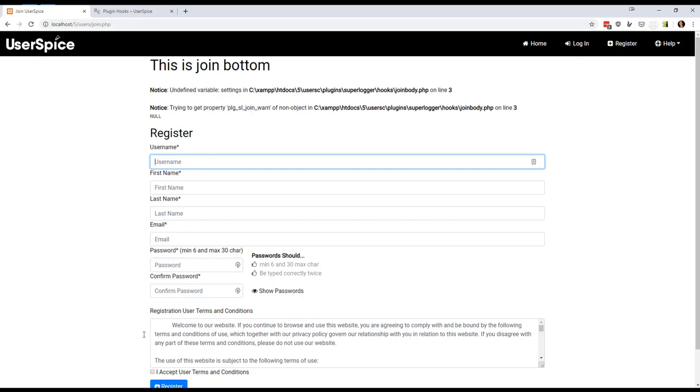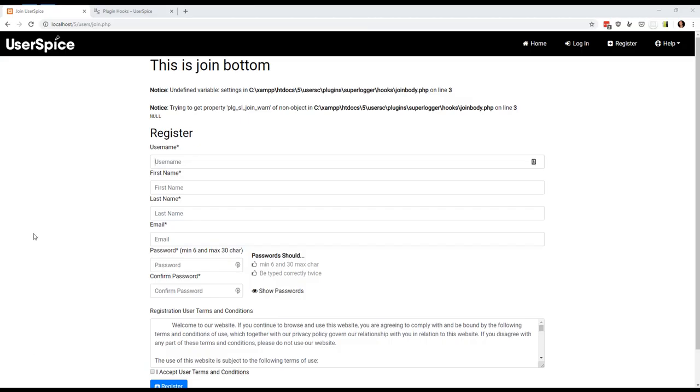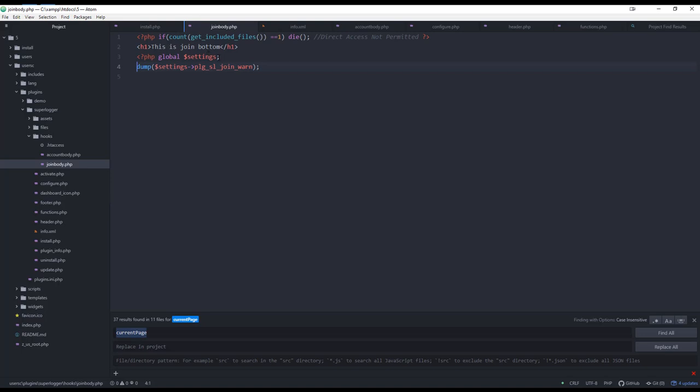Yep, so undefined variable settings. So what we want to do is type in global settings. And now let's refresh that page. Great. Okay, so what we're going to say now is, if settings join warn equals 1, then we want to, let's say